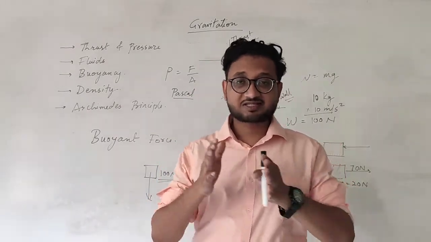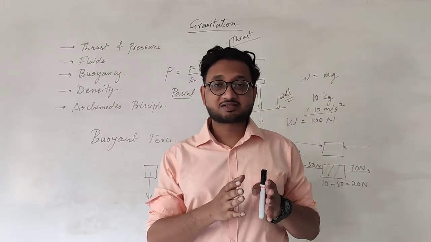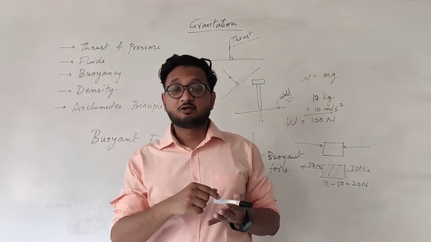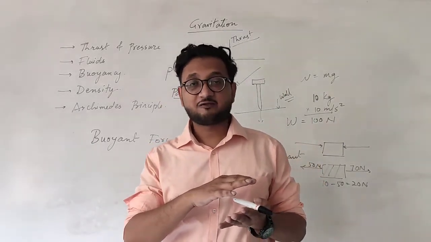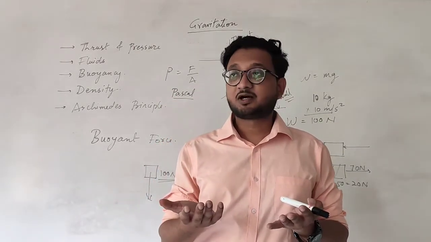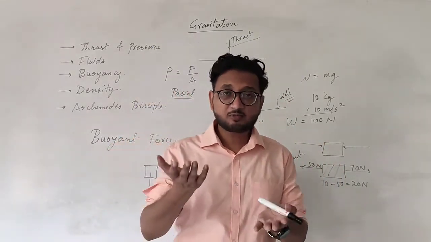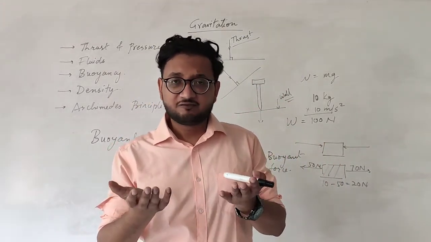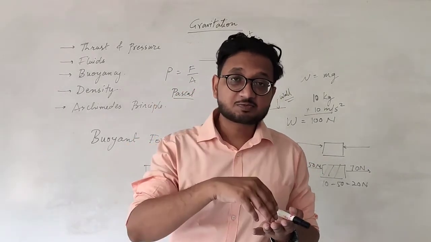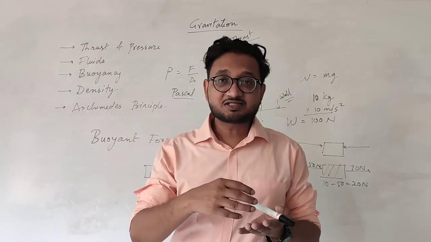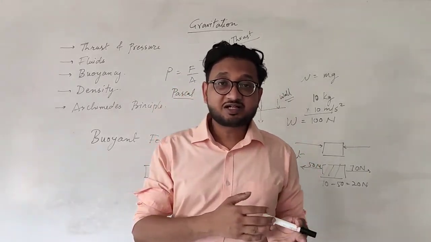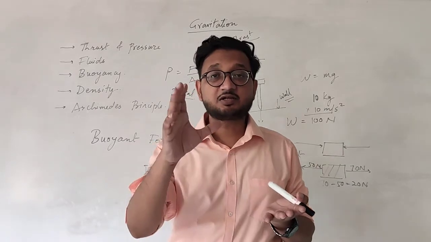Let's say that I have two exact same boxes in my hand. In one box I have placed rocks, filling it completely, and the other I am filling with, let's say, water. So one box will be lighter and one box will be heavier. We know which one: the one with the stones and the rocks will be heavier. Why? Because there is more mass inside. And that is why this box has more density compared to this box. So density is mass contained inside a certain volume.